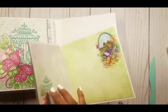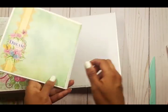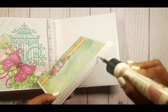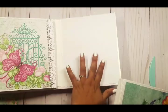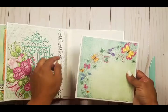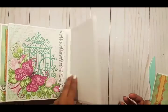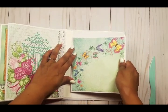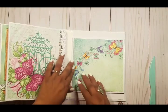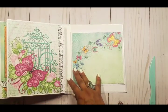Okay, so now I have the booklet cover on both sides, each page, and I have this little flap. So I'm also going to add glue on this flap, and this time I'm going to place it on my back cover, and I'm going to make sure I'm not touching the score line here that you bent for when you close your album. You want to stay away from that. Here we go, just like so. I'm going to place that right there like this,